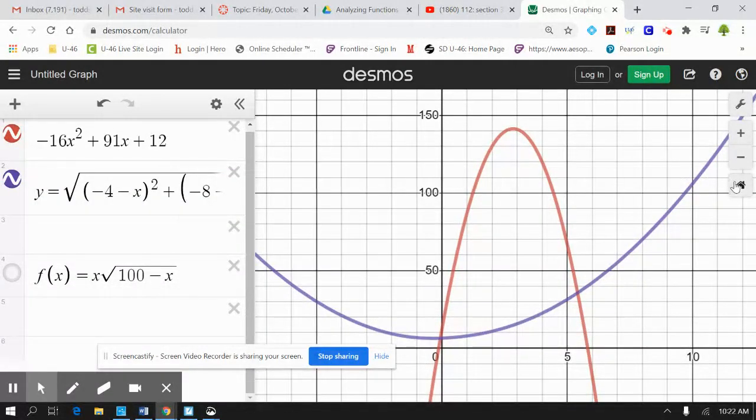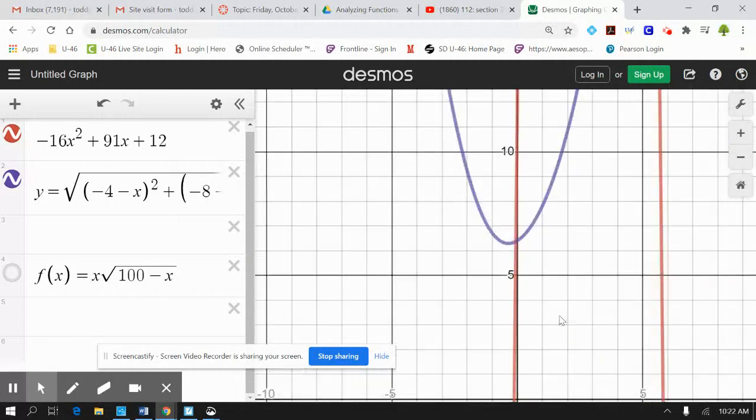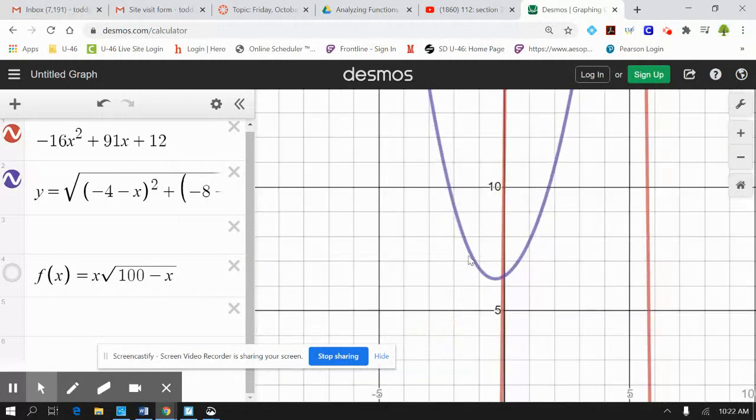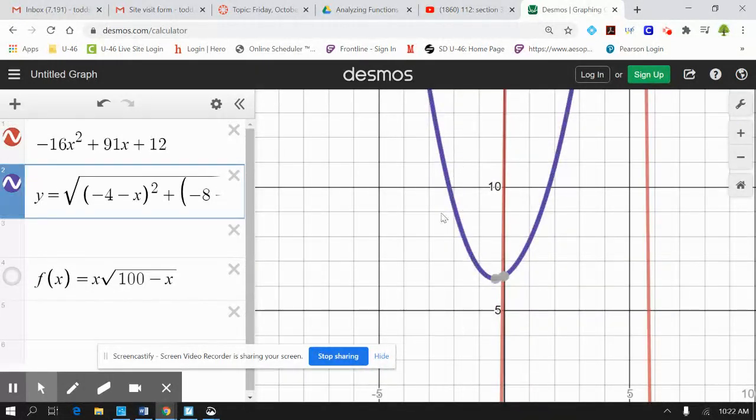It looks like a parabola, but it isn't. It does look like one, though. Well, maybe it is. I don't know. But all these y values on this parabola, all these y values are all the possible distances between the parabola and the ordered pair. And the smallest y value is 6.29. So that is